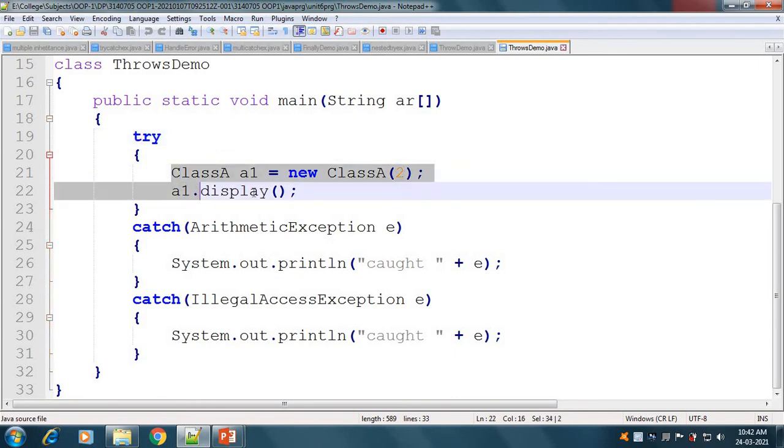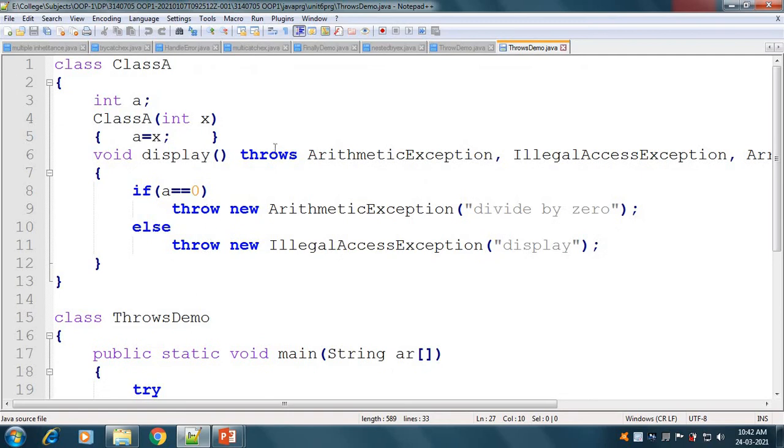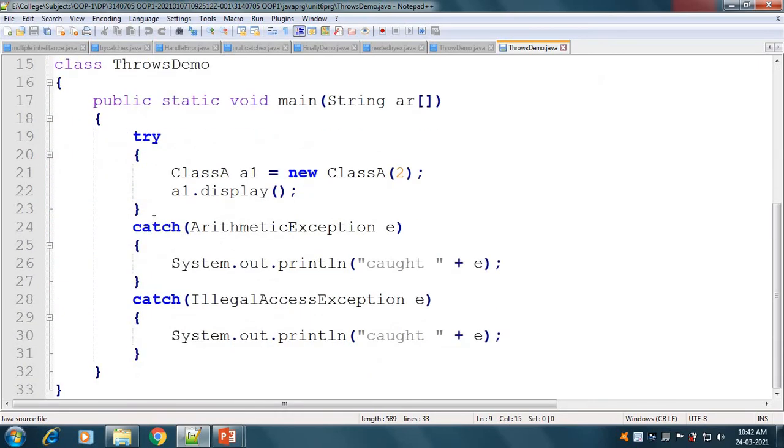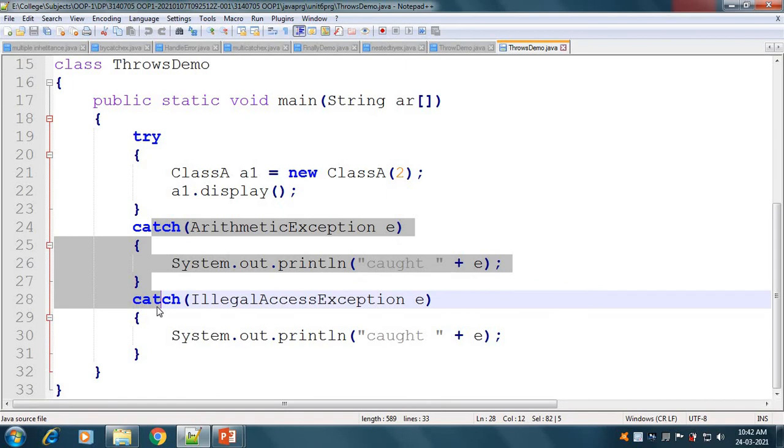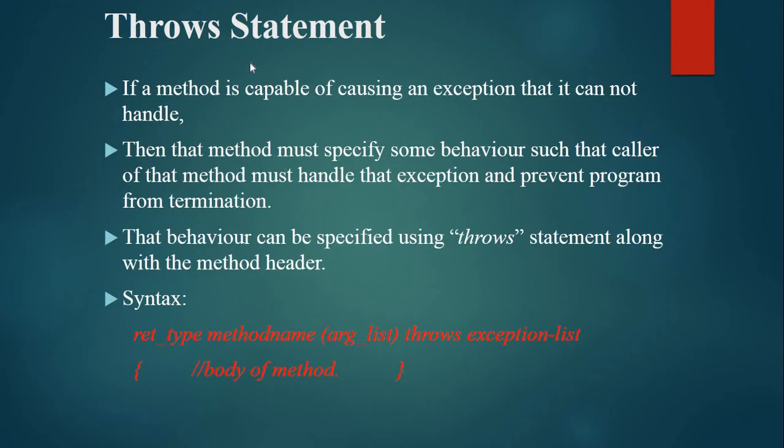So this try block's exceptions will be handled by these catch blocks. Okay, so this throws keyword will have a list of exceptions. For that we will have to throw the exception, and after throwing the exception we will have to catch that exception. Okay, so this is the throws statement.